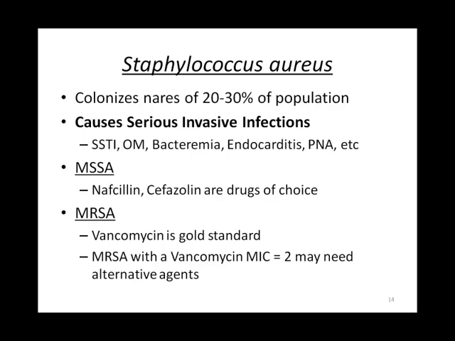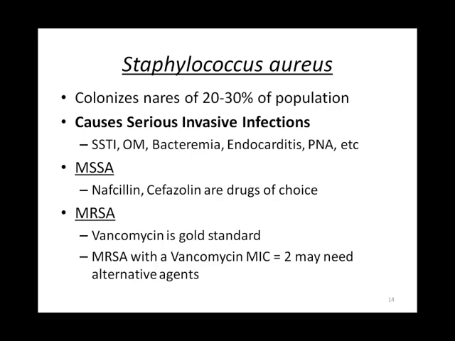So this is important to note about Staph aureus, that you can encounter it in multiple sites, and that's why you'll see a lot of vancomycin used empirically, because if you don't know where the infection's coming from, there's still a likelihood that Staph aureus can be involved in that. Again, methicillin-sensitive Staph aureus, these are the drugs of choice, nafcillin and cefazolin, the first generation, and for MRSA, vancomycin is the